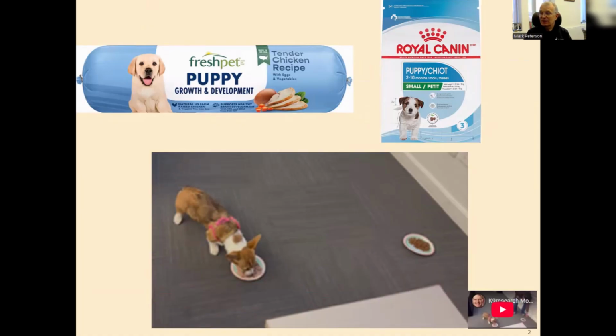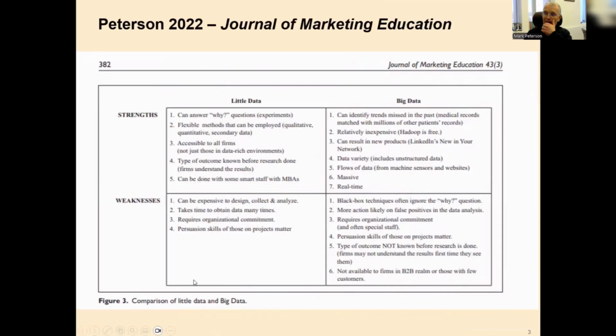Her name was Lady, and we put her kibble, which can be seen on the right, Royal Canin, and then Fresh Pet Puppy, a new moist dog food. And Lady went directly to the Fresh Pet Puppy and ate and finished it all. She did not even look at the kibble, but then she went to that later. But one of the things to keep in mind here as we go through our